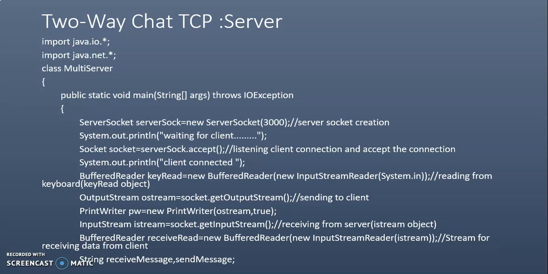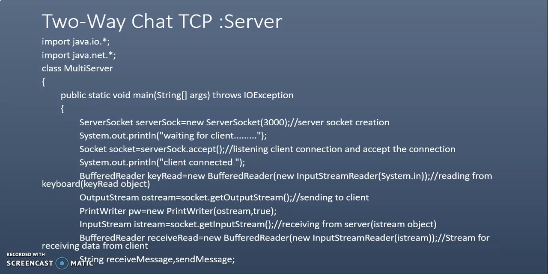Now the connection is successful, and thereafter the same procedure which we have discussed in the previous program is going on. So for that you need the read stream as well as the write stream. In order to read, a buffered reader instance is taken for reading the data, and the output stream is taken for sending to the client from the server from this program, and pwriter is used for sending. Print writer class is used for making an instance to send the data through OStream.